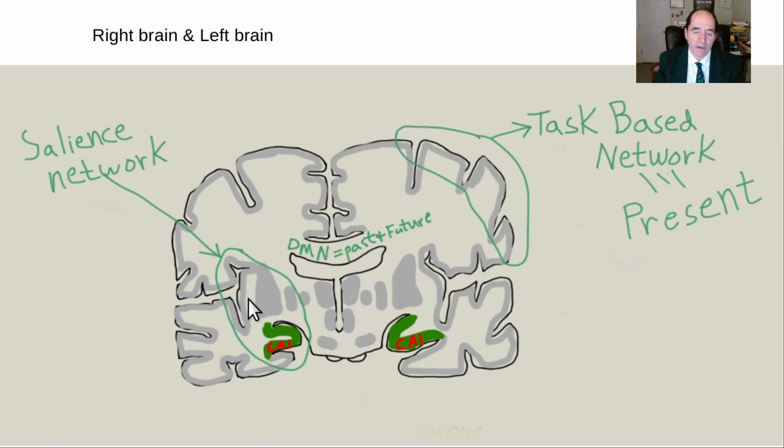Okay, the next thing is the salience network. The salience network is right here along the insular cortex. So this is the insula right in here, like an island, and that notices things. So salience means something that gets your attention. So imagine you're having a conversation with another person, and there's a TV set on there. And on the TV, there's motion. You keep on looking at the TV. You can't help it